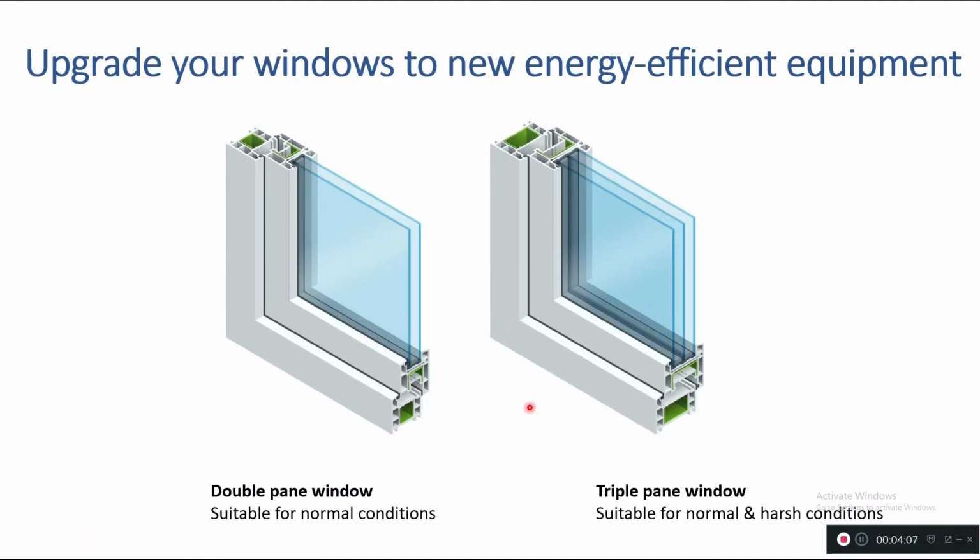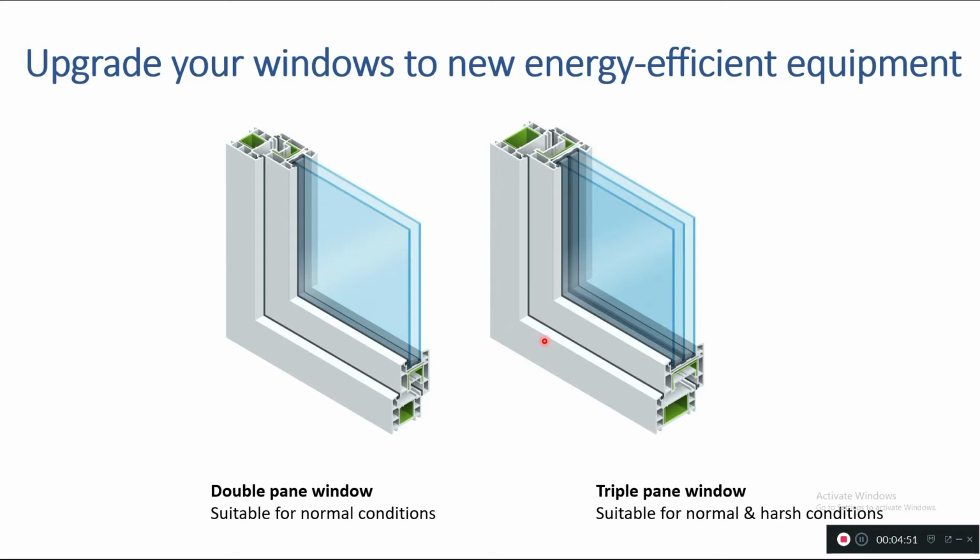15 to 20% of the heat is exchanged through windows. So we should avoid this heat exchange. For that, you need to use energy efficient windows. As you can see, there are two types of windows on your screen. One is a double pane window which has 2 glass layers. One is a triple pane window which has 3 glass layers. Here an insulation gas is used between the glasses and the glass is coated with e-coating. So in the end you avoid the heat energy from outside entering your home.